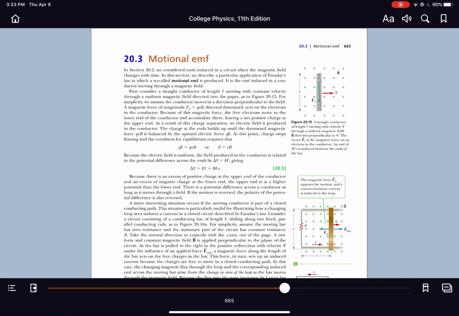This is lesson 2 in chapter 20, and we have a weird title, Motional EMF. What do we mean by motional? And we've got that archaic EMF, which stands for electromotive force. And of course, EMF isn't even a force. EMF is an old-fashioned way of talking about voltage. And I often say that EMF is the oomph, the push, the work per charge it takes to move a